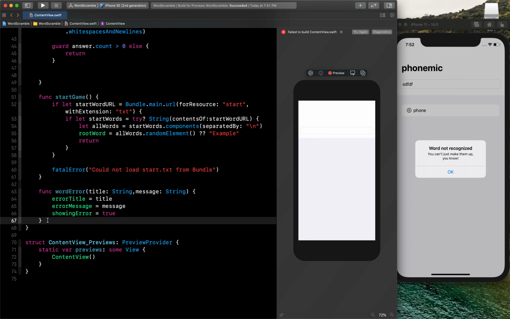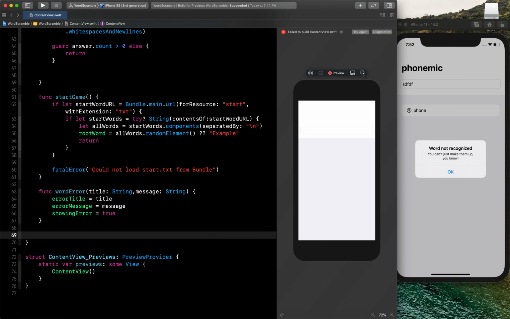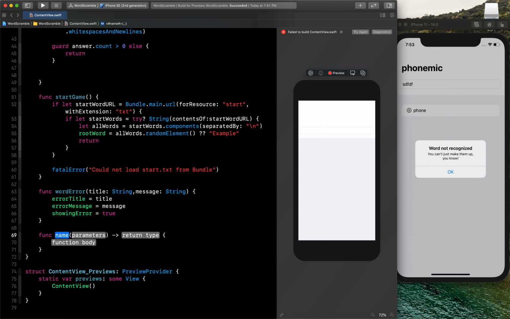Now we have to write one function to check whether the word is original or not, meaning whether the words the user has typed in this text field are actually from this main root word or not. So for that we will write one function called is original. It will accept one word which the user has written, which will be of type string, and then it is going to return true or false.